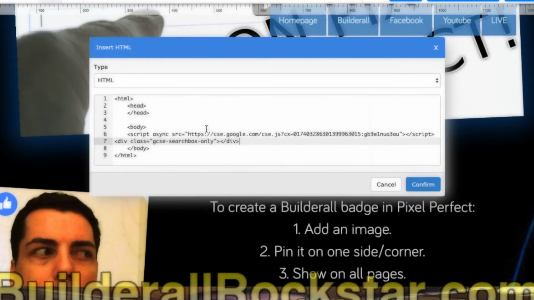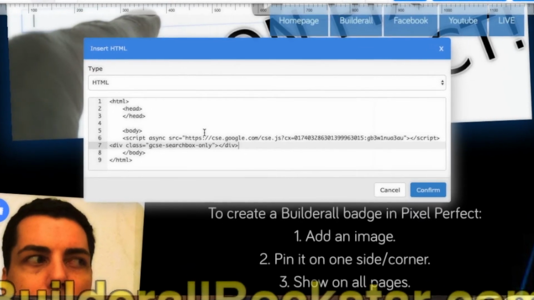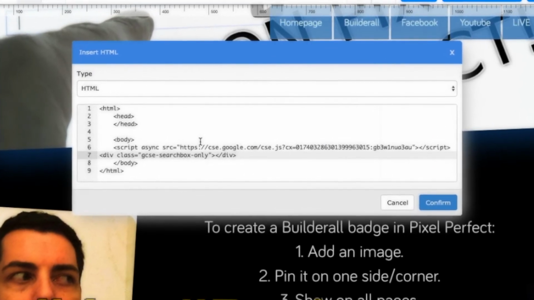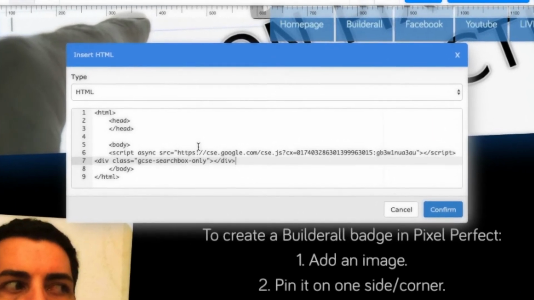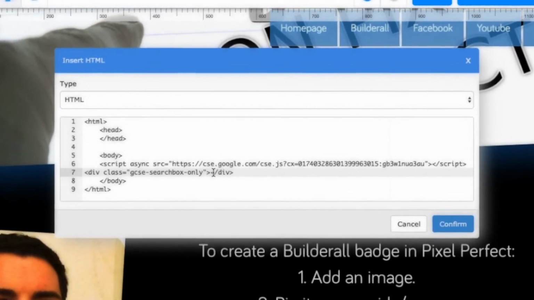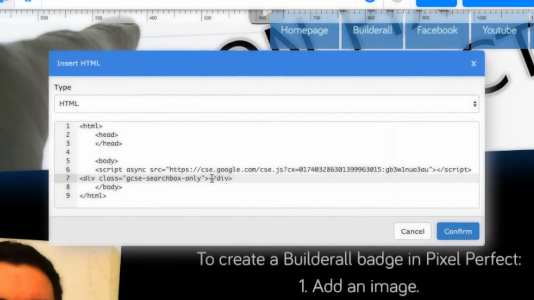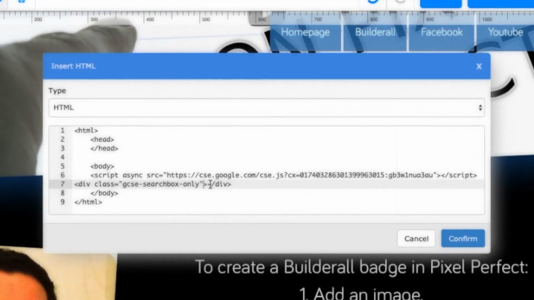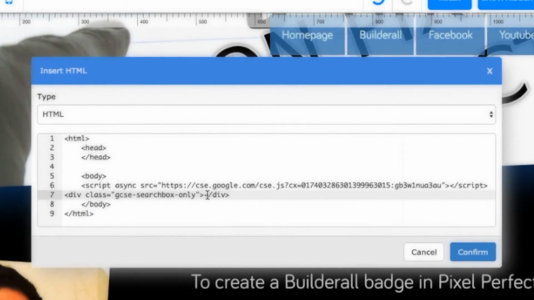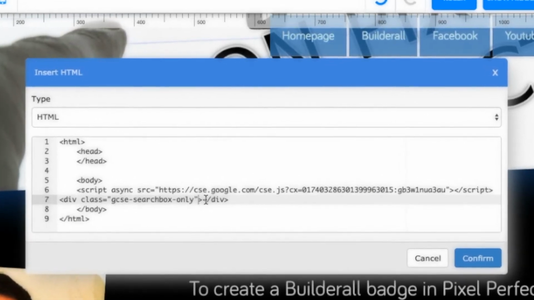When people click on the results, we can choose to open in the same window, the parent, or a new window. But this is for the search box. And so far, I haven't found a way to do it in the Google settings of the custom search engine, but maybe it's somewhere. But we can put it directly in the code.